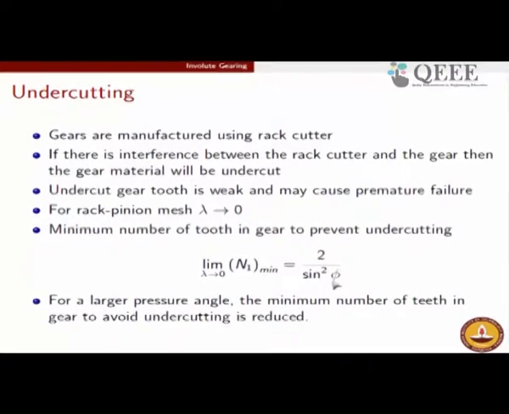For the value of phi of about 20 degrees, this number comes out around 18. So, a minimum of 18 teeth must be there in a gear such that it can be manufactured accurately using